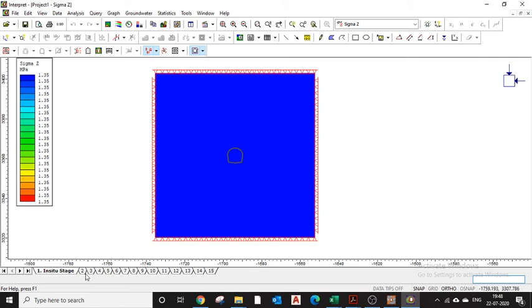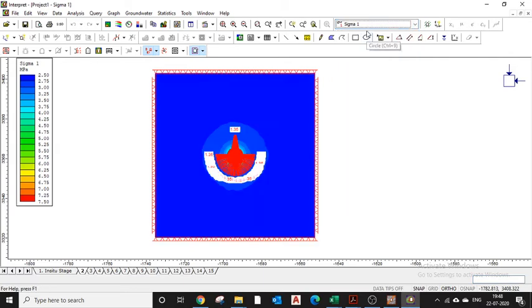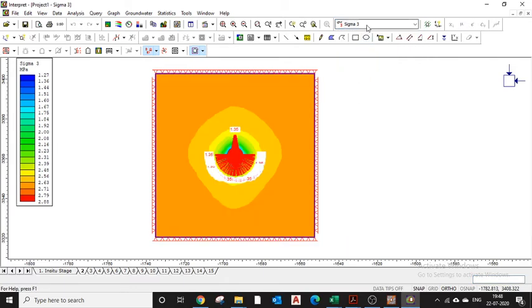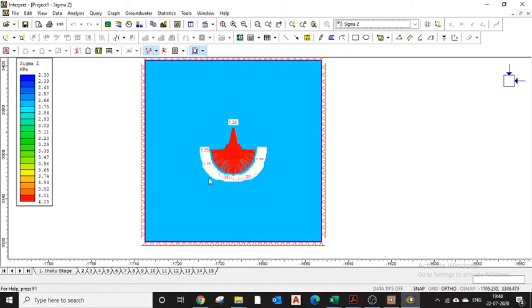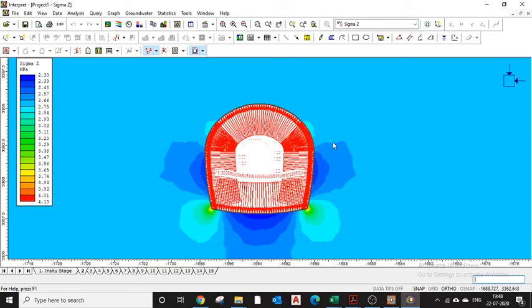Now in the second stage I have applied equal and opposite force, so my sigma 1, sigma 3, and sigma z will be this much, 2.30.